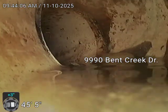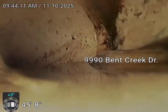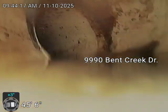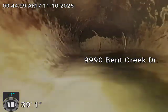It's right there. You can see there's still that piece there at that turn. And so yeah, you just do not want to, that looks like the way it's rolled up. Yeah. So you want to make sure that you're not flushing those kind of things down the toilet. So hopefully a couple more flushes that'll carry that out past there. I didn't see any reason to believe it wouldn't, but those are things that